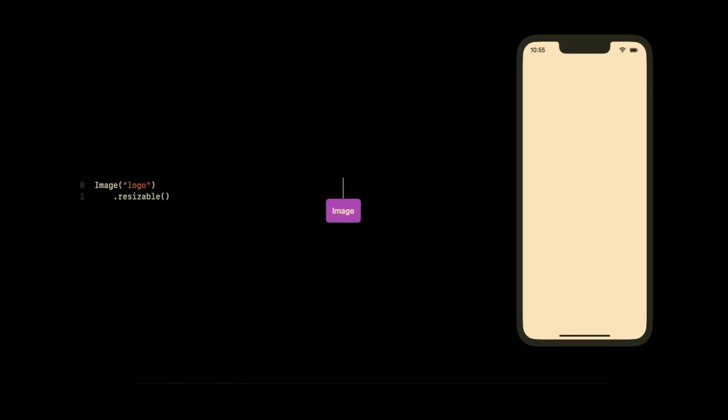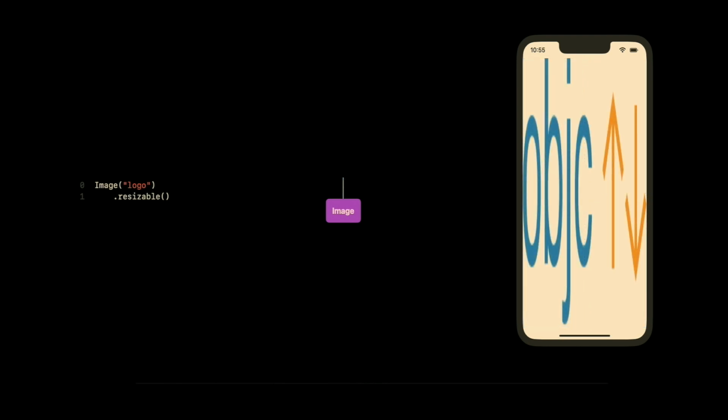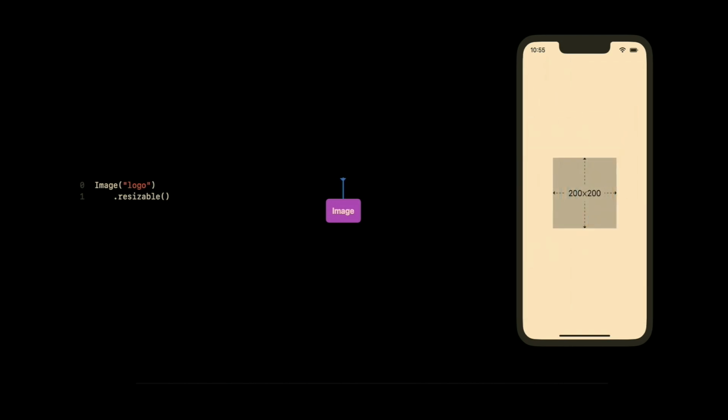OK, let's go through these steps again with the proposing and the reporting and see what happens now. When we propose the entire safe area, a resizable image says, OK, fine, I'll take it. That's going to be my size. So if you ever need designers who want to have the logo bigger, this is your go-to. When we propose 200 by 200, the image node is going to say, fine, I'll take it. And it looks a little bit stretched, but it's a lot better than what we had with the full safe